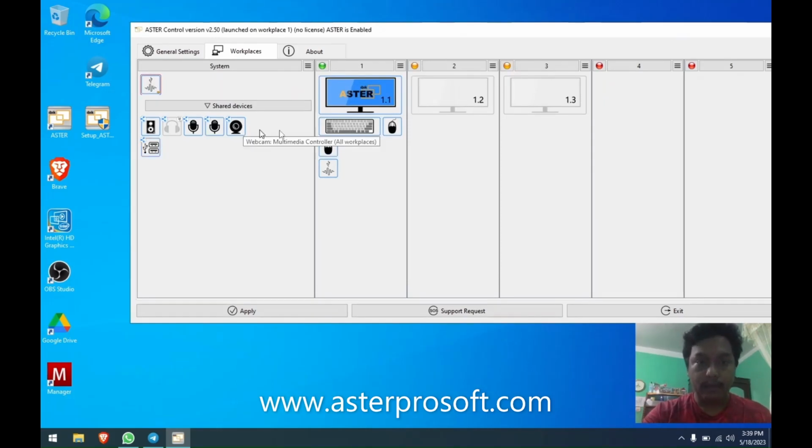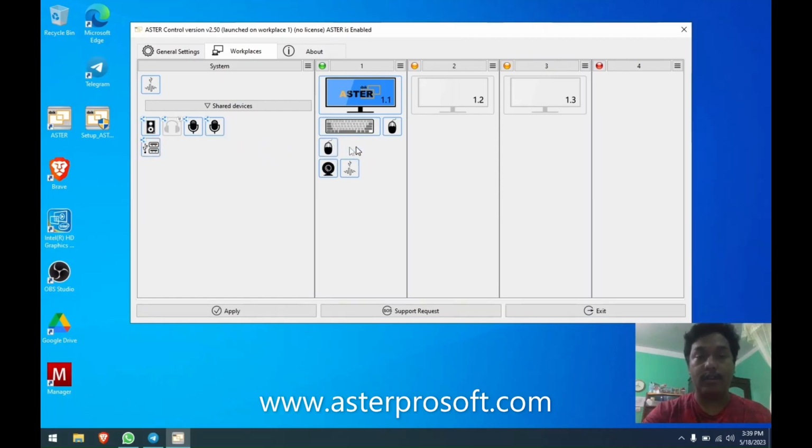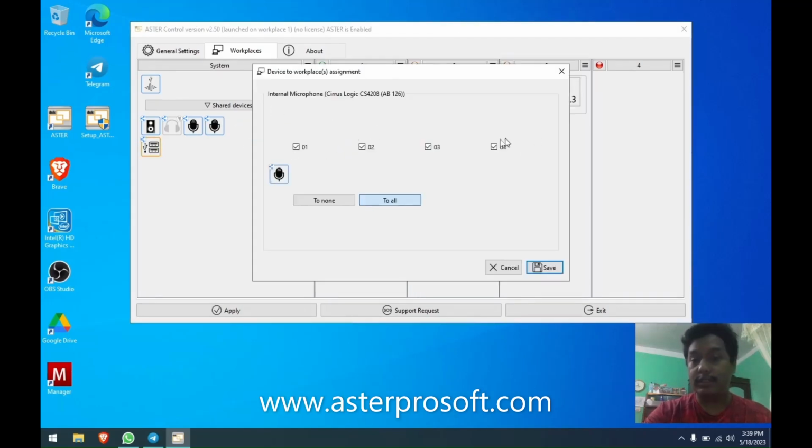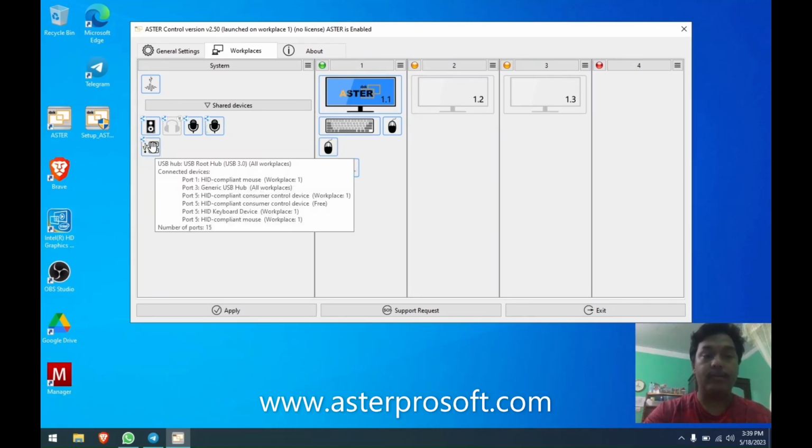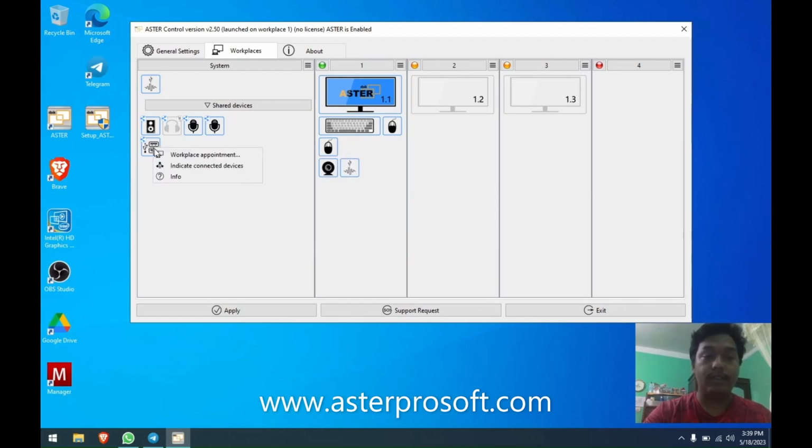So like before, assigning hardware or assigning devices is the same as before, just drag and drop. And some of the new ways that have been added is right click and then workplace assignment. As I showed before, it is similar to that, but if you right click on a USB 2.0 hub icon, or USB 3.0 hub icon, and choose indicate connected devices, then, as you can see, it will highlight all the devices that are connected to this USB